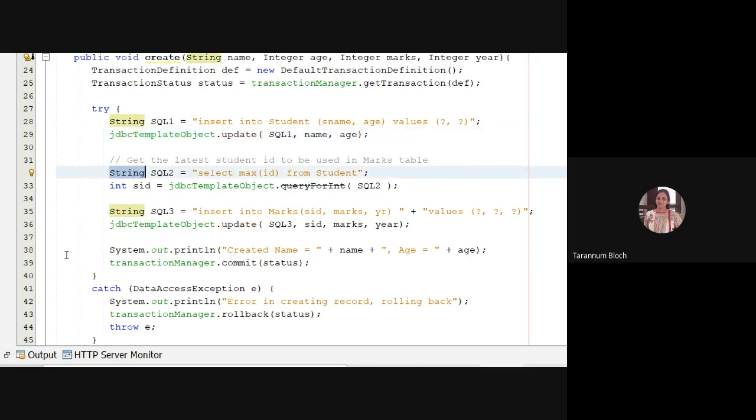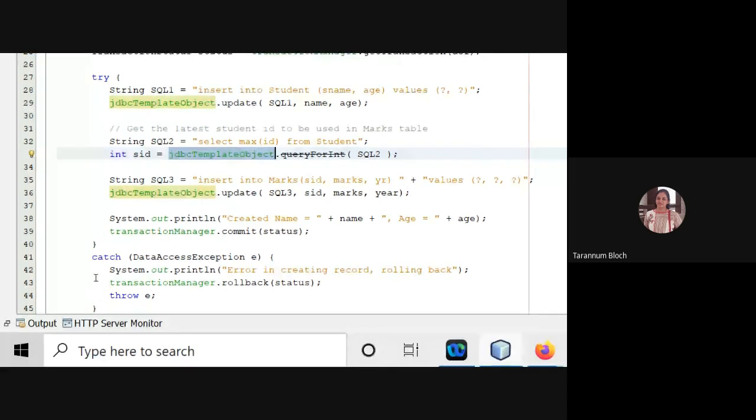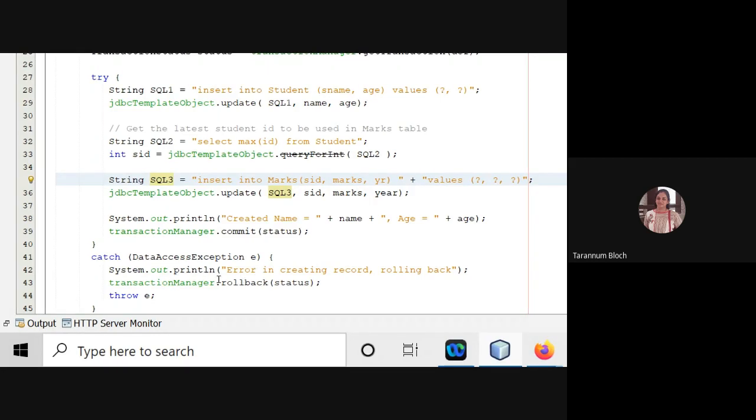String SQL2, select max ID from student, the last inserted record, you will get the ID. You are saying integer ID is equal to JDBC template object dot query for int, and you are running it. Finally, we are having SQL3, insert into marks, SID, marks comma year, 3 values, right?